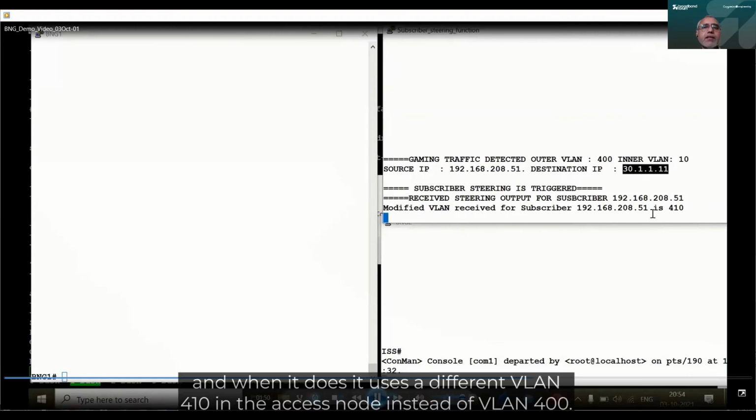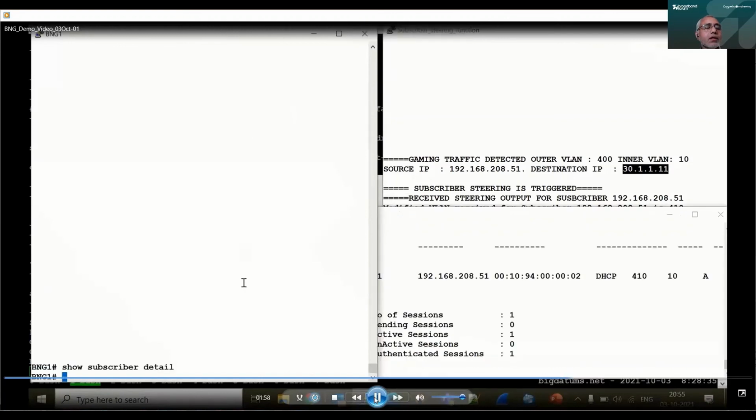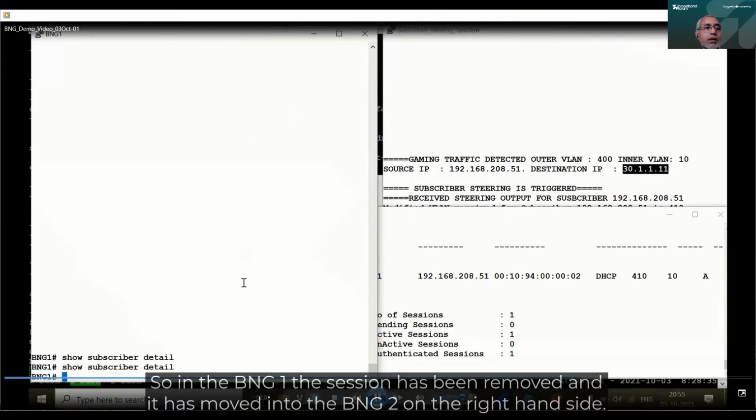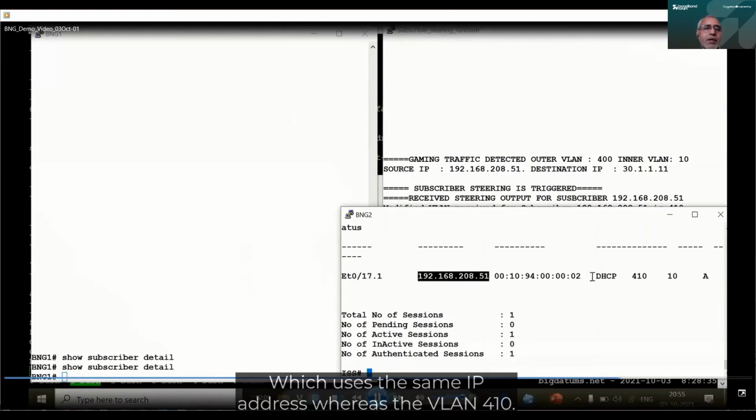And when it does, it uses a different VLAN 410 in the access node instead of VLAN 400. So in the BNG1, the session has been removed, and it has moved into the BNG2 on the right-hand side, which uses the same IP address, whereas the SVLAN is 410.